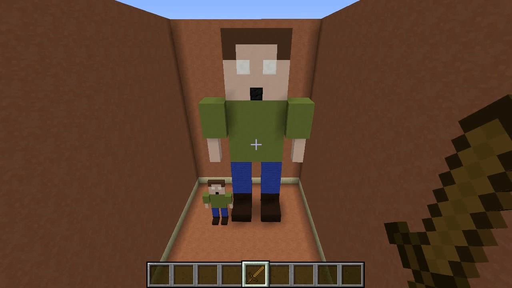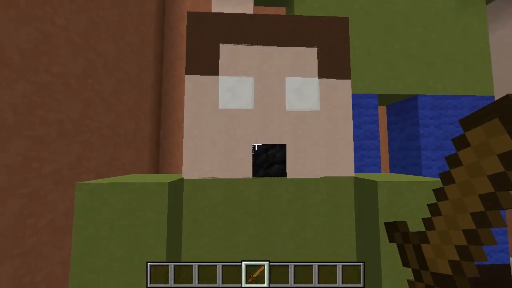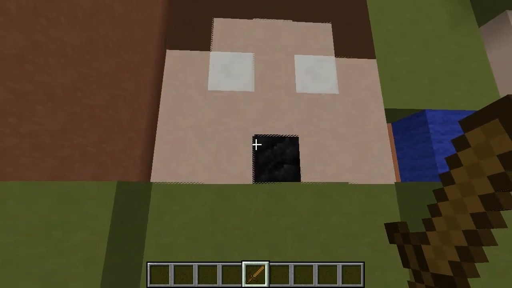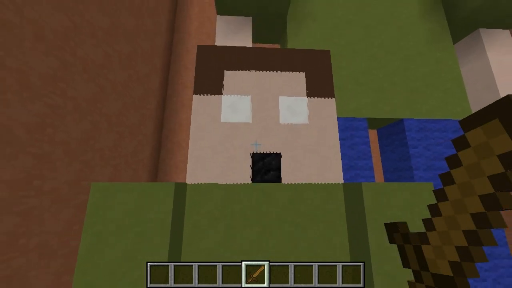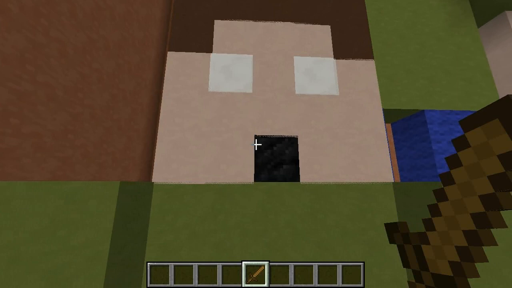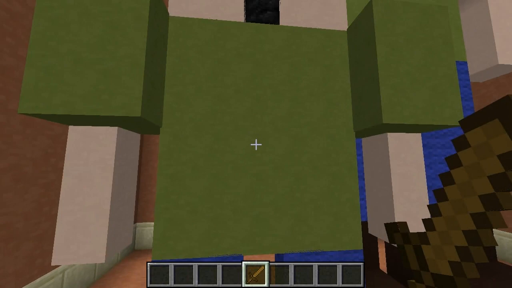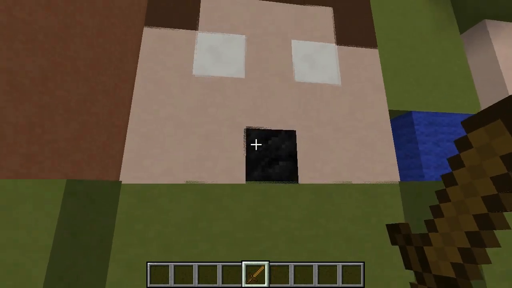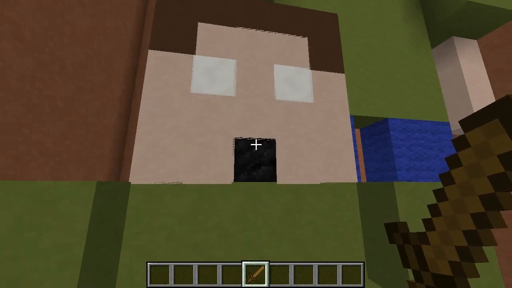There are actually some things I need to mention though. So there is a little bit of an issue with double planing, I believe it's called. So as you can see, if I get really close, you can see that some of the blocks actually overlap one another. And the reason that's happening is because, as I mentioned, they are a 1/16 of the size of a block, but they're not quite. They're a little bit bigger, and because of that, you get this planing issue. So when you use it on blocks of the same type or similar colour, you can't really see it at all unless you get really close. But on blocks that contrast, so black, light pink and white, you can see it quite obviously. So take that into consideration.